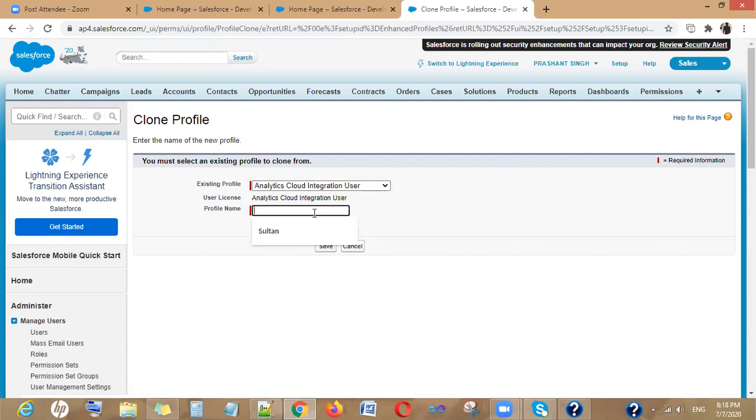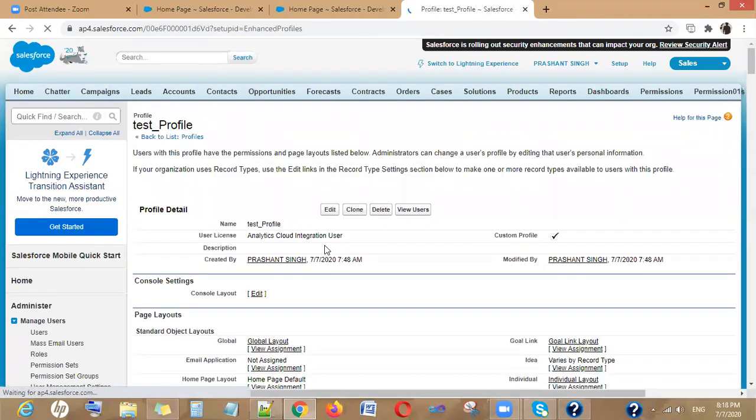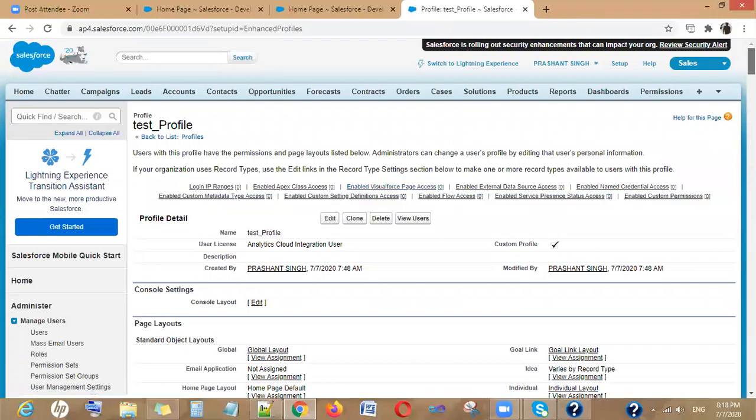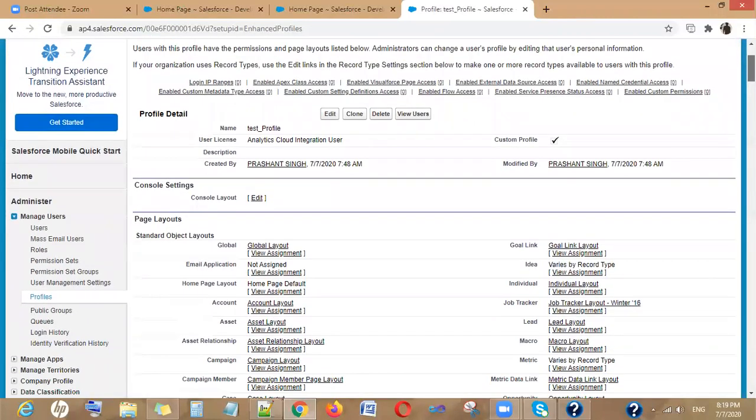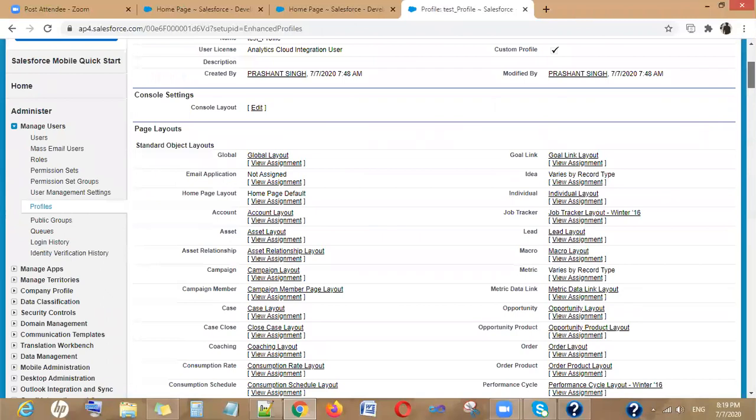You can give a profile name here, and as you click on save, this will help you create a new profile. So a profile looks something like this, with the page layout.